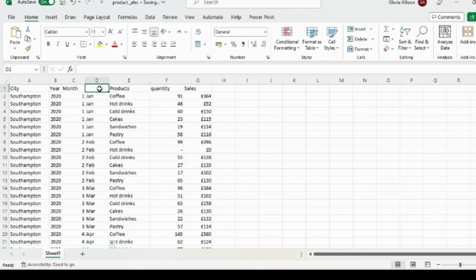Okay, so it has changed to the month that we want. So we just change the column heading, the name of our column. So the next thing I want to do is